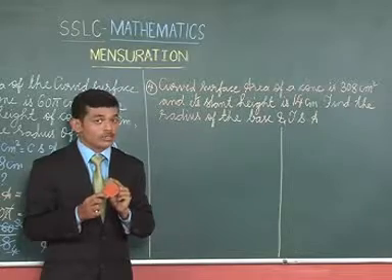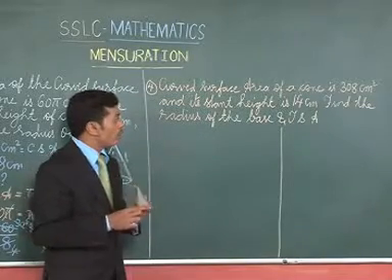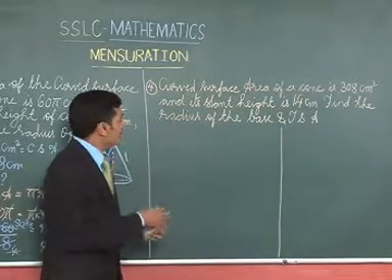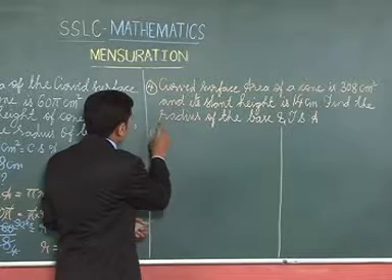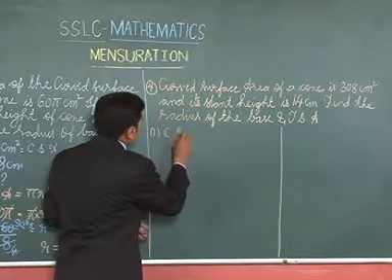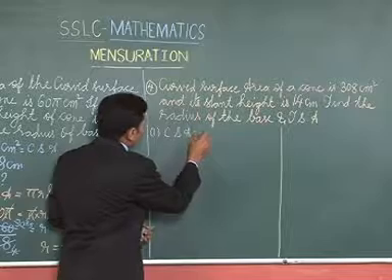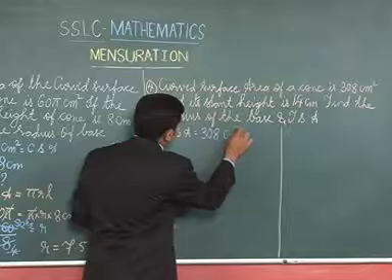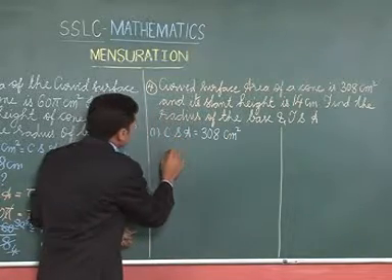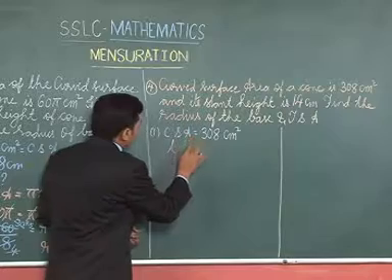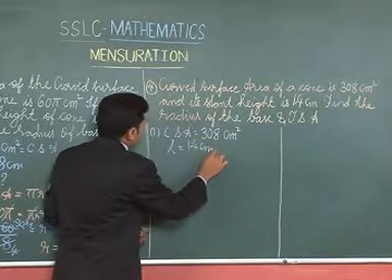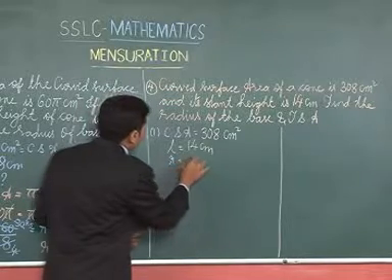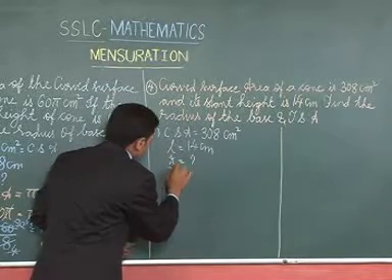And also the question doesn't end here. They have also asked us to find out the total surface area. So first, write down the given quantities. CSA of the cone is given that is equal to 308 centimeters square and the slant height that is L is equal to 14 centimeter, and we have been asked to find out the radius of the base, also the TSA.